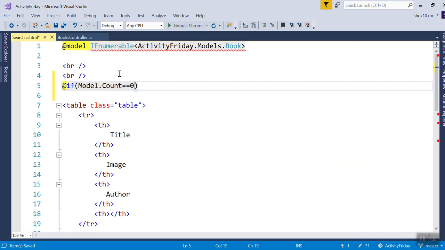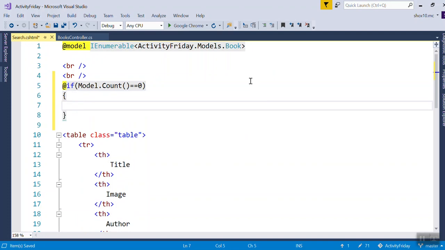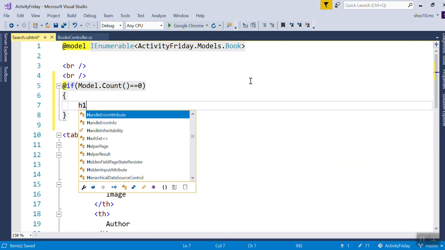I use a function count, then I can notify or I can use an h1 there,